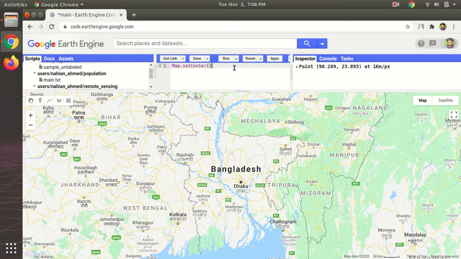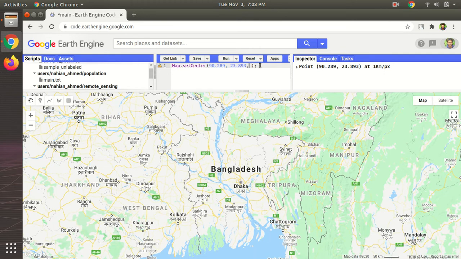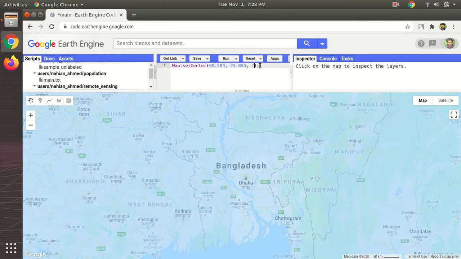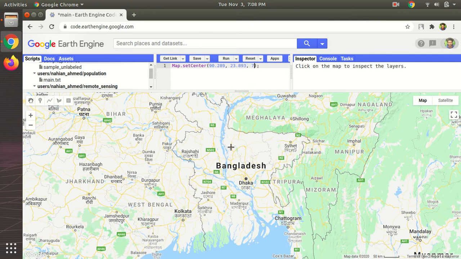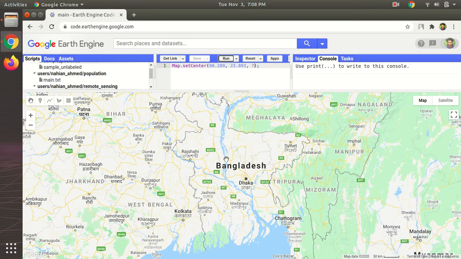Now we are telling Earth Engine to center the map at these coordinates, and then we give the zoom level, how much zoomed in you want to see the map. Of course we can change the zoom level using the scroll button, but this is the default. So for now let's just set it to 7. See how even if we move it here now, let us save the script and turn console back on. Now even if you move it here, when we run it, it's going to center and zoom the way you want it.